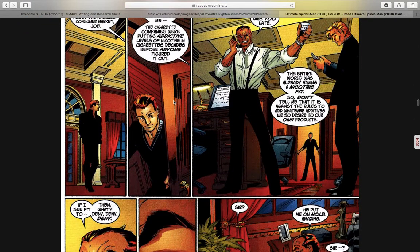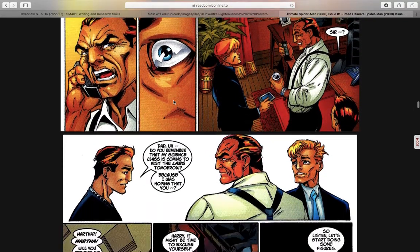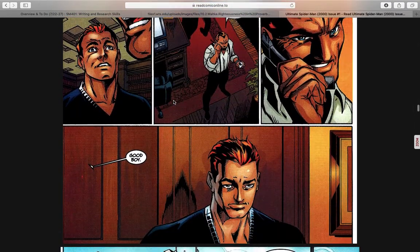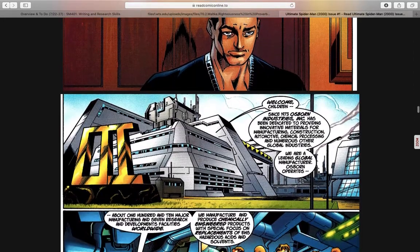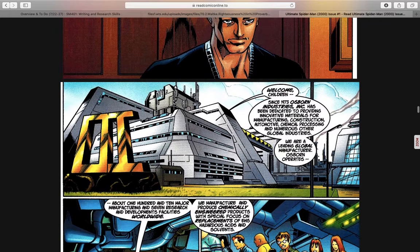We see how Harry Osborn's trying his best to meet with his dad. His dad wants nothing to do with it. He even tells him to get out of his office. Like, he has no time to be with him. So we see a little bit more about the character of Norman Osborn. He's very selfish. So the next day, the class is going to meet at Oscorp Industries,